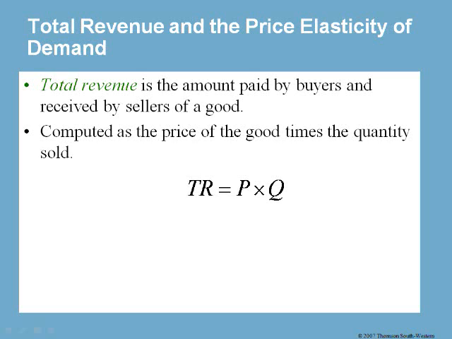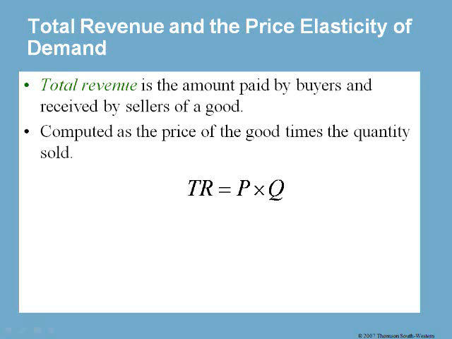Total revenue is just the amount of money that the firm receives for selling its product, and it's calculated price times quantity. So how many did they sell? How much were they charging? That tells us the firm's total revenue, sometimes also called sales. Now, once we have those numbers, we can compare the relationship or the change in price and the change in